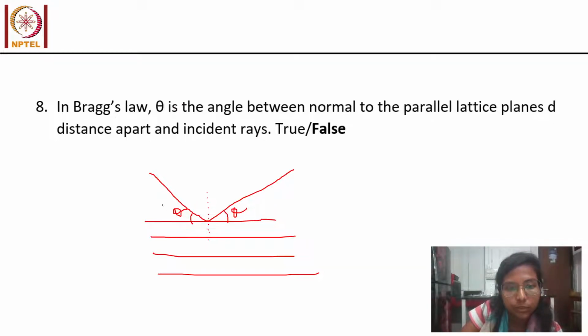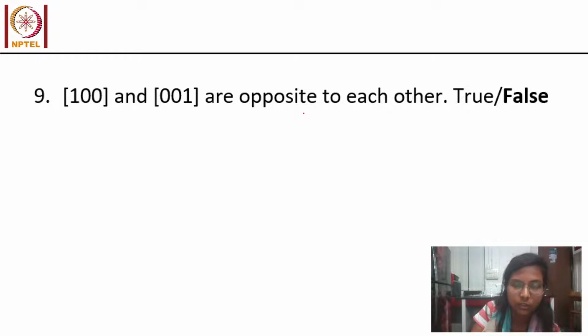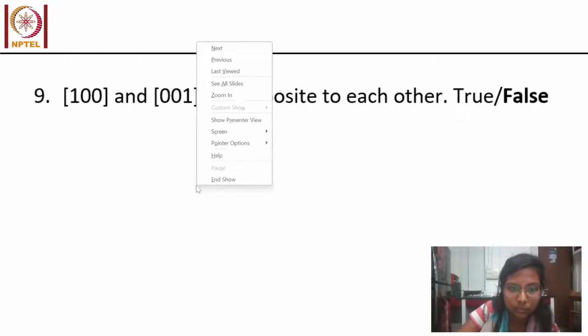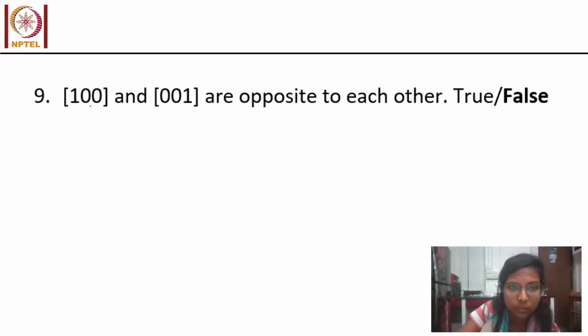The question, what is theta? Theta is the angle between the incident rays and the HKL planes. But the question was the angle between the normal to the parallel lattice planes. But theta is actually the angle between the parallel lattice planes and the incident rays. Hence, this is false. Then we had another very interesting question. So we had this 100 direction and 001 direction are opposite to each other, which is again false, because